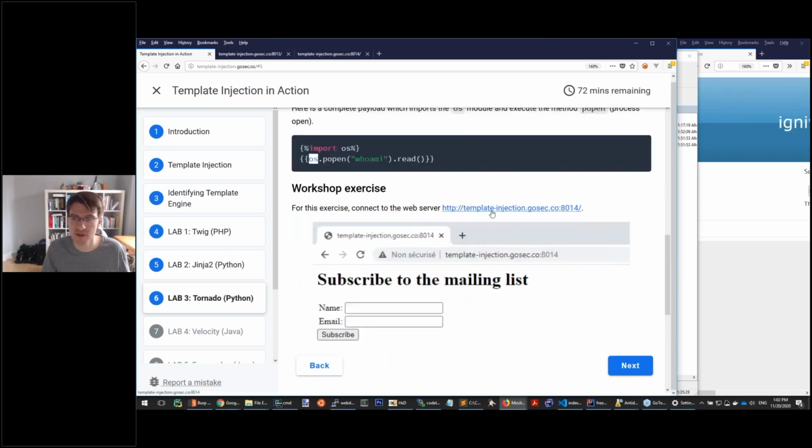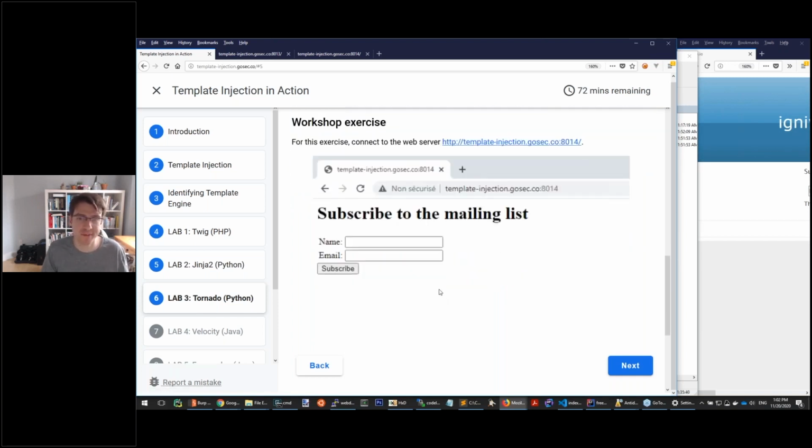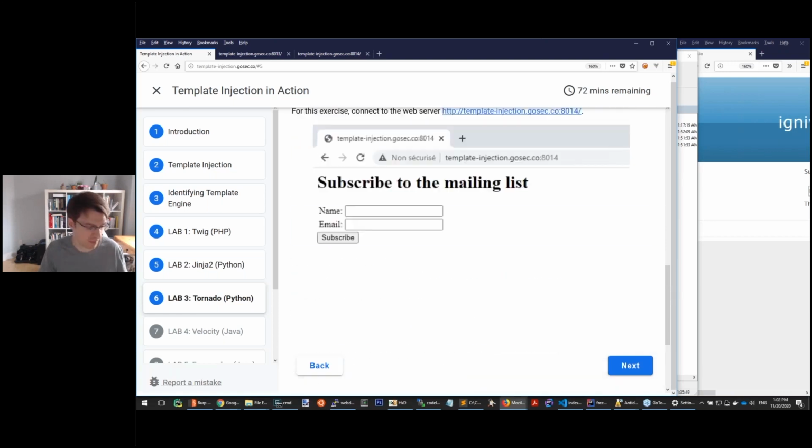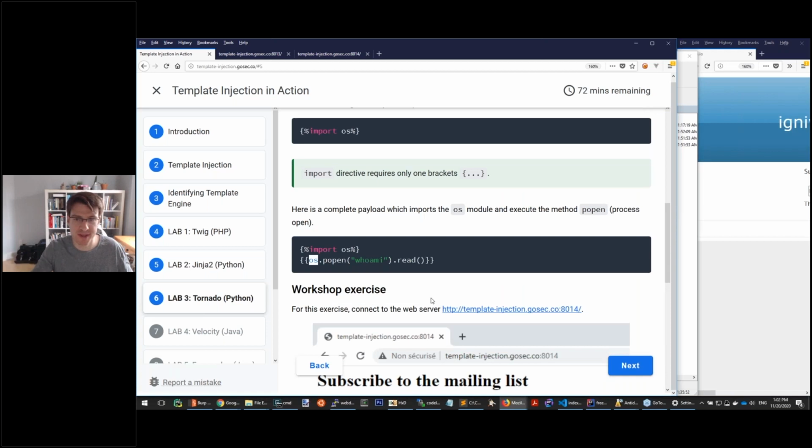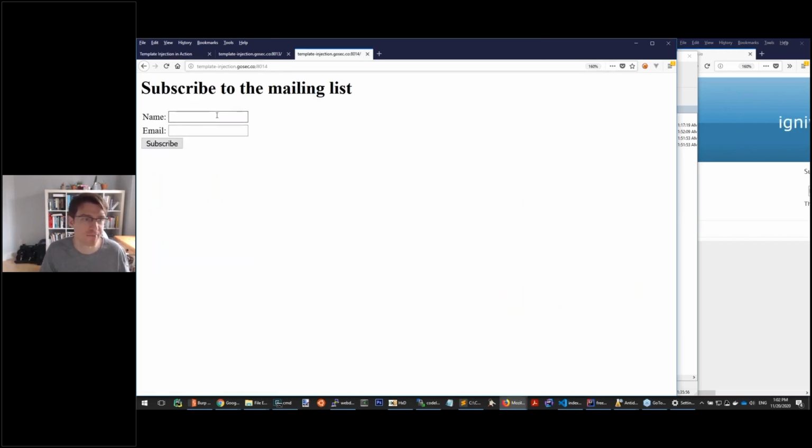So for this exercise, it will be on port 8014, and this one has only 2 fields, simulating somebody registering to a mailing list. When you submit the 2 fields, you'll see a page that looks email-ish. The idea is just that I didn't want to